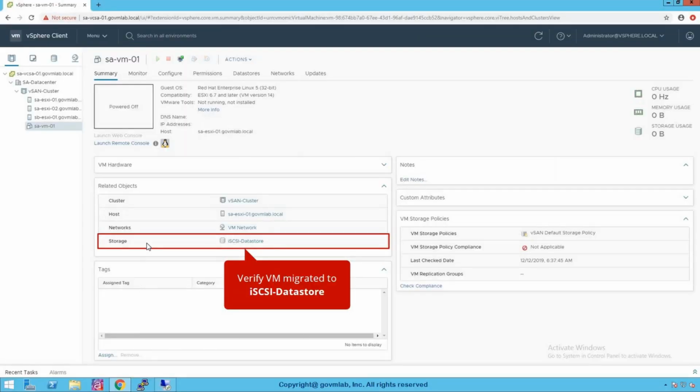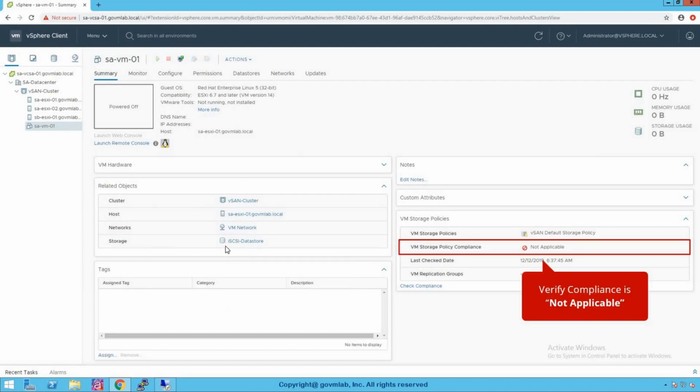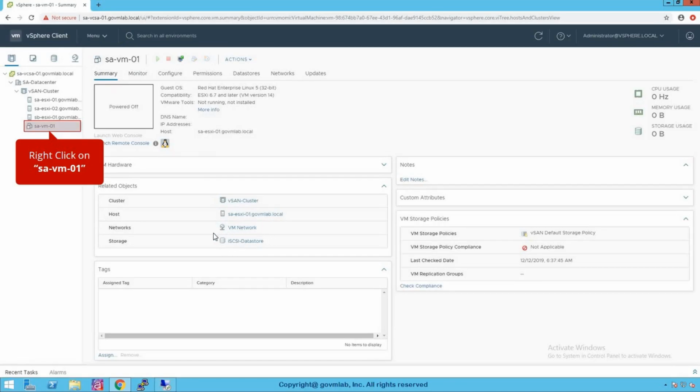As soon as we trigger the migration, you do see that your virtual machine storage got changed from Go VM Lab-vSAN to iSCSI data store. Right here, you do see that our VM files are residing under iSCSI data store. And the most important thing we need to look at is the VM storage policy compliance status. If you see that the compliance status is not applicable, which is not a good thing. As we discussed, in policy driven storage, we always have to make sure that your VM storage policies always remain in compliance with the underlying storage, which is not the case here.